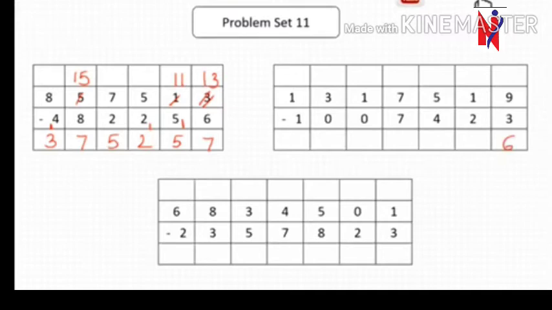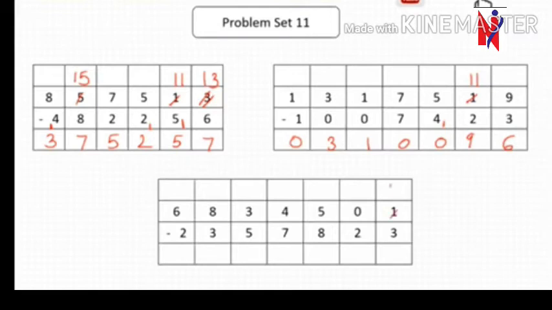So you can directly write the number, and the number which you were going to borrow from your neighbor, you will write down. See, 9 minus 3 is 6. Then 11 minus 2 is 9. That 1 you are carrying it here. 5 minus 5 is 0. 7 minus 7 is 0. 1 minus 0 is 1. 3 minus 0 is 3. And 1 minus 1 is 0. Nothing to worry. If you will do the exercise, you will understand.